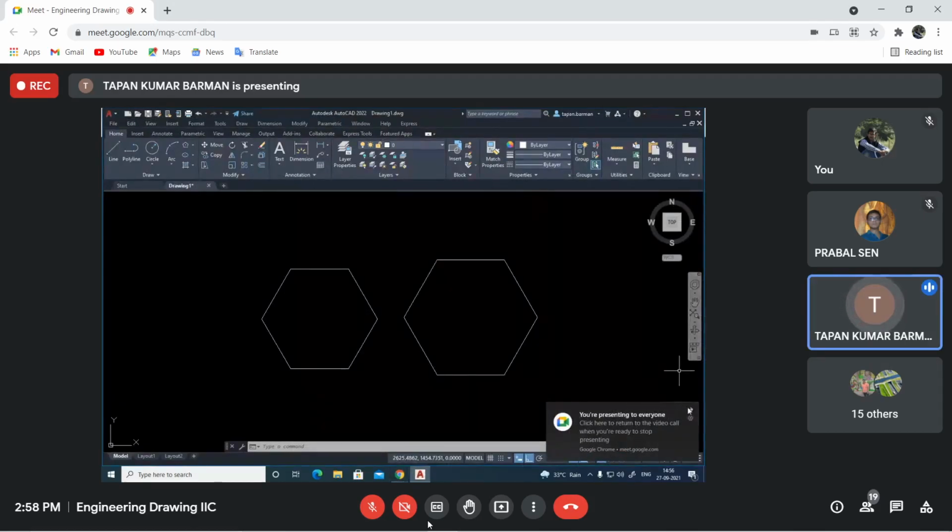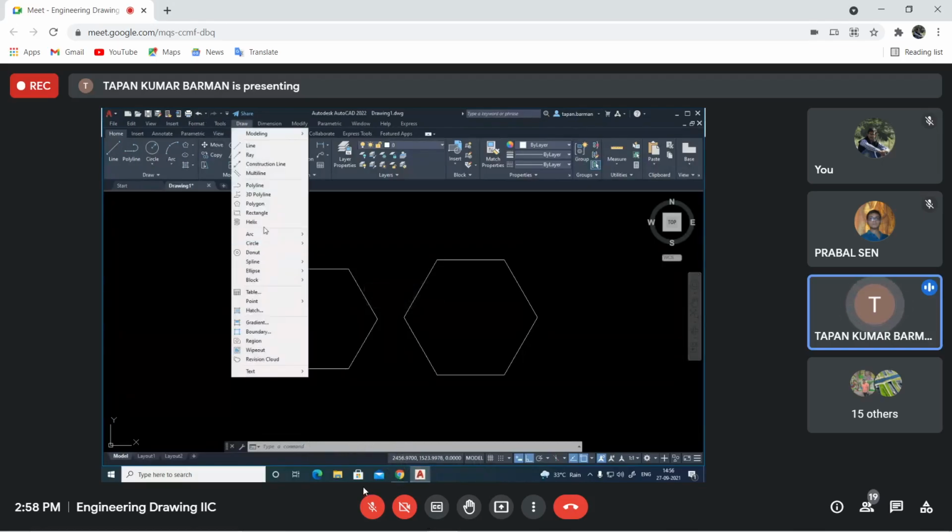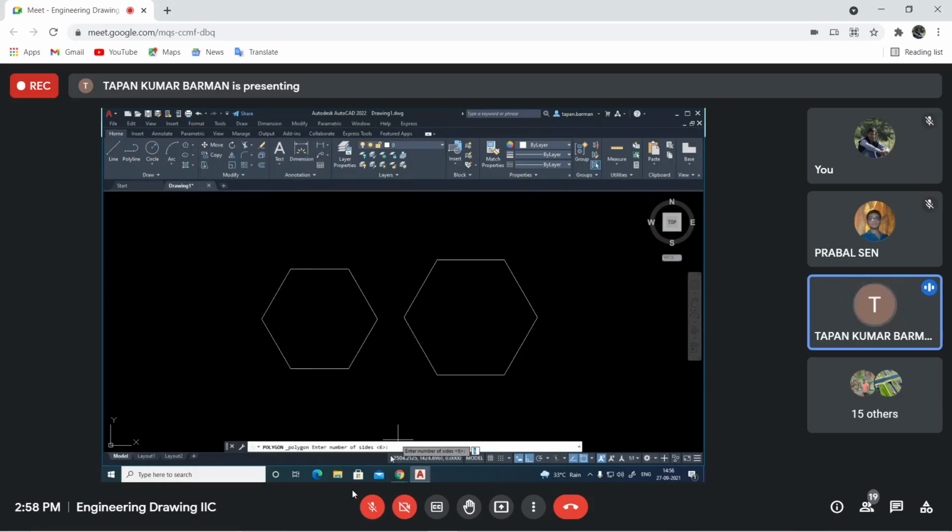So I am taking the third option, from the draw toolbar. I am taking polygon. Number of sides is 6. Specify center of polygon. This time I do not want to put the center of the polygon, but I want to take the edge option. So I need to type E, then specify first endpoint of the edge. Say this is my first endpoint. Second endpoint of the edge. Here I can type the value, so I am typing 25.